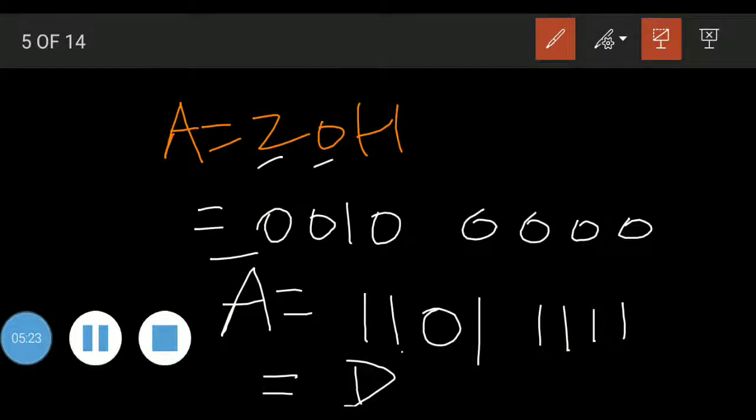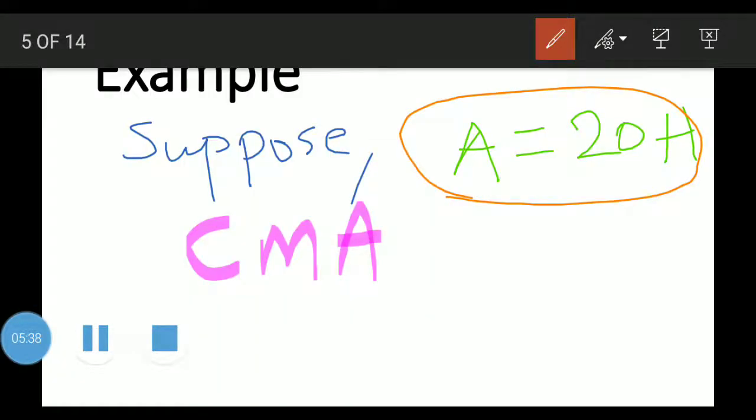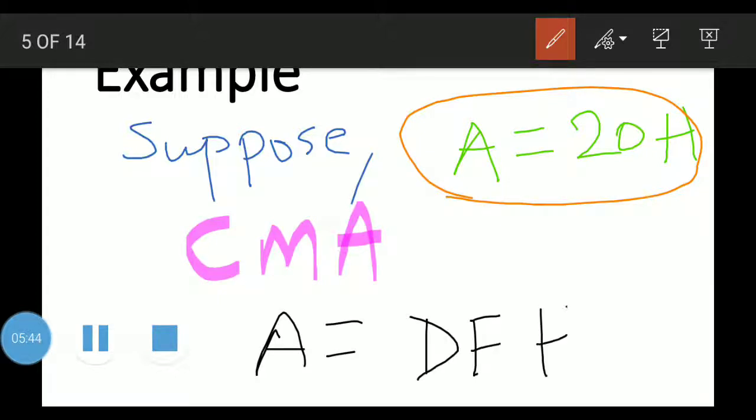We write FH. In this way the content will be complemented by the microprocessor, and we get the result. A will now have DFH. This is the complement. Understood?